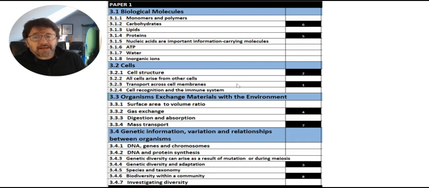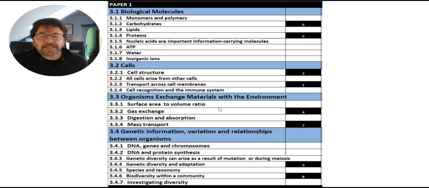In terms of cells, there was quite a bit about cells last year, but there was no real information on stem cells, and I can't remember much at all related to immunity. So the immune system and cell recognition, phagocytosis, the specific immune response, I think that would be a good area to do a lot of work on.